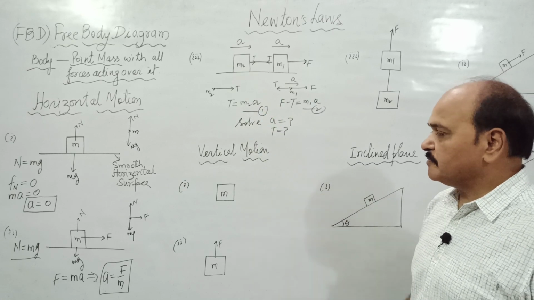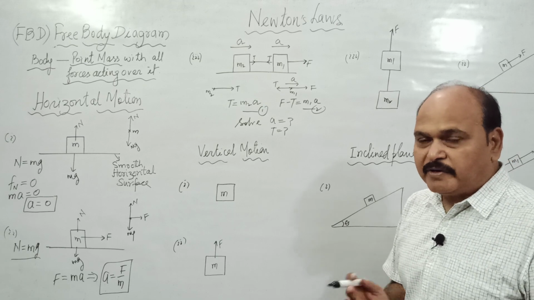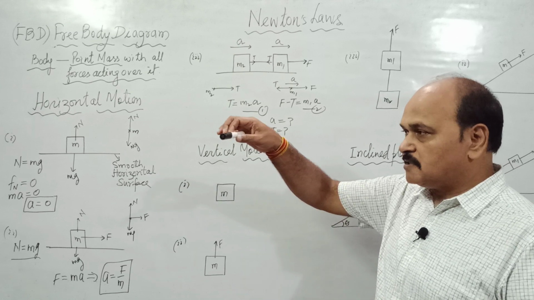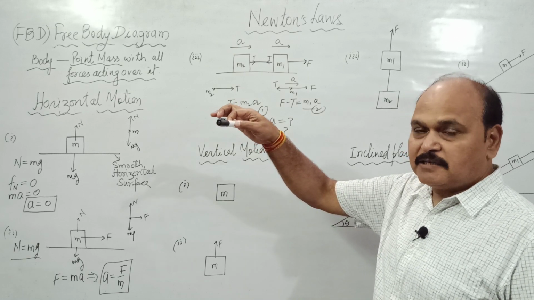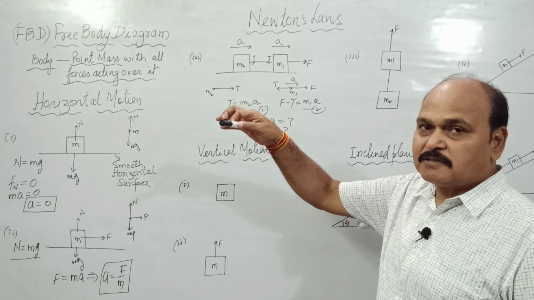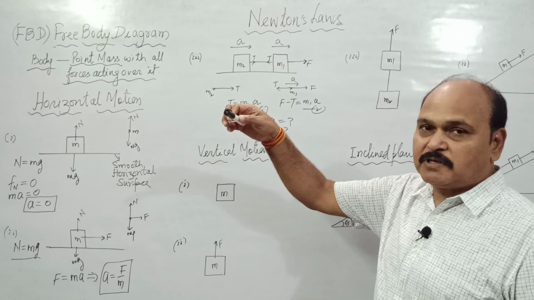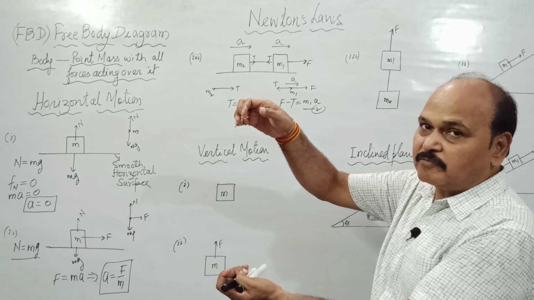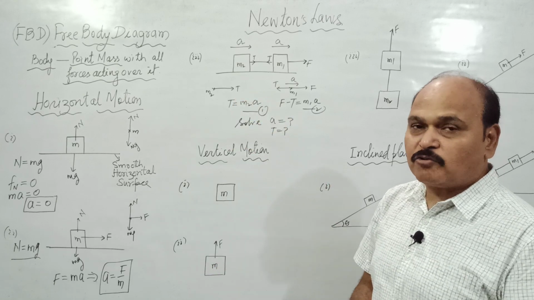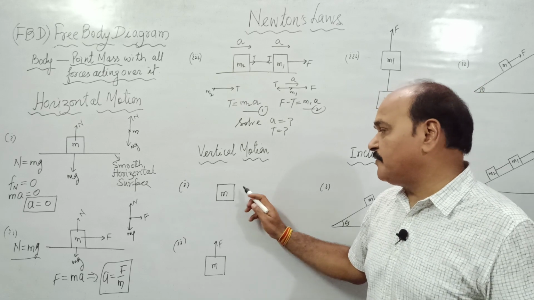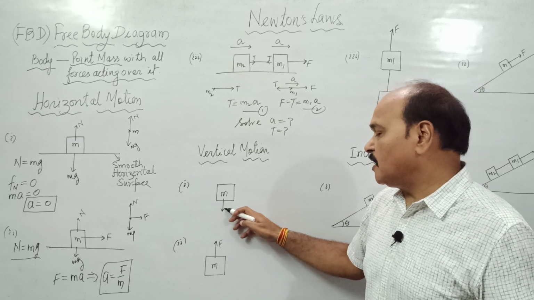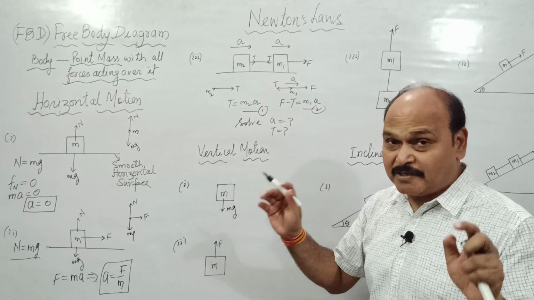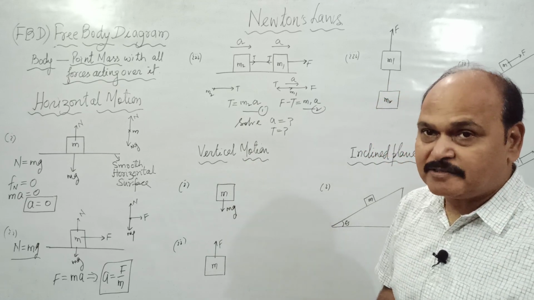Well, vertical motion. We know everywhere there exists acceleration due to gravity. So if we leave a mass freely, if we drop a mass, if we stop applying force over this marker, what will happen? This marker on its own will move down. Why? Because of its own weight. So this mass, when left free, will move down. And what is the force acting over it? mg. There is no normal reaction. Normal reaction is only when the body is in contact with the surface.